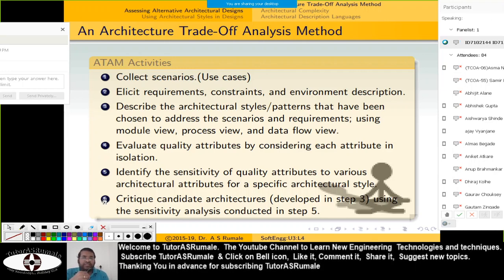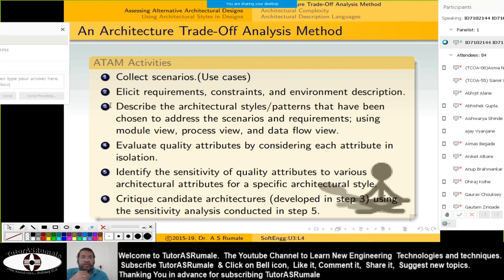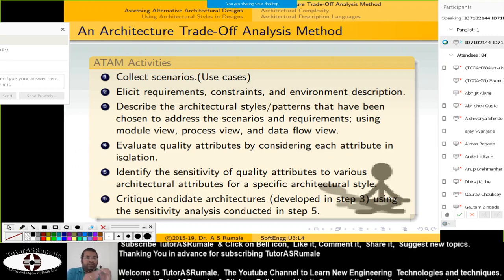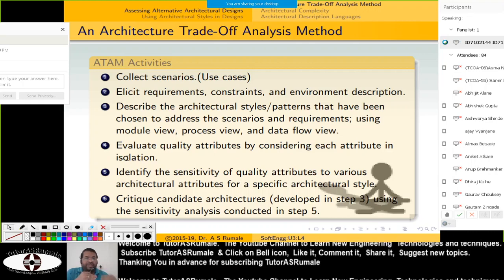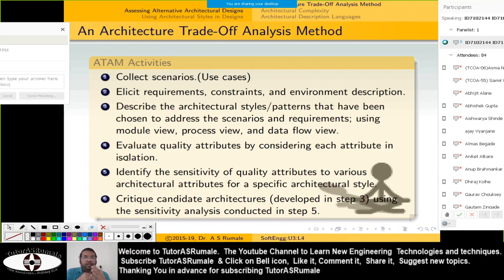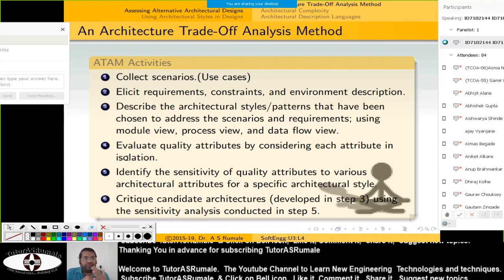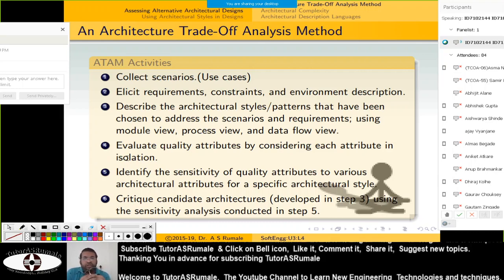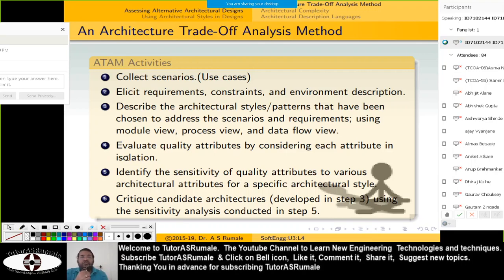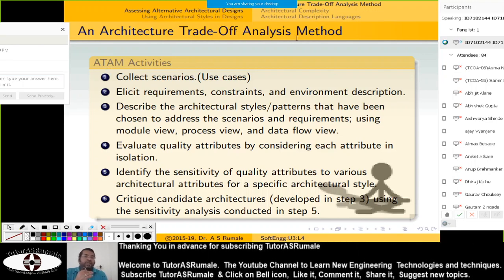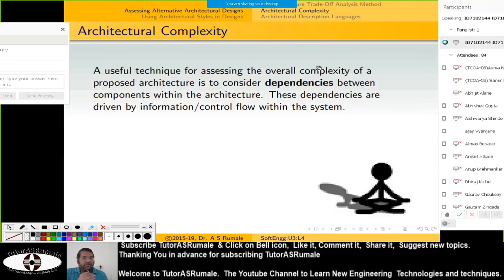So step 6 is simply saying that you have to repeat 3, 4, 5 until you are satisfied. Once you are satisfied with all the descriptions, evaluation of quality attributes, and identification of the sensitivity of these quality attributes, you can go further. So these are the ATAM activities, the architecture trade-off analysis method stages.